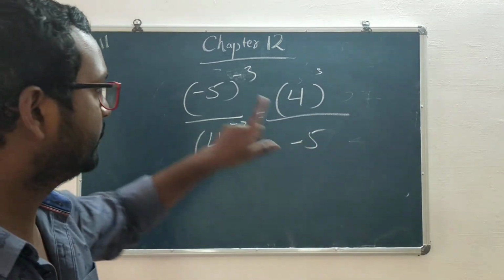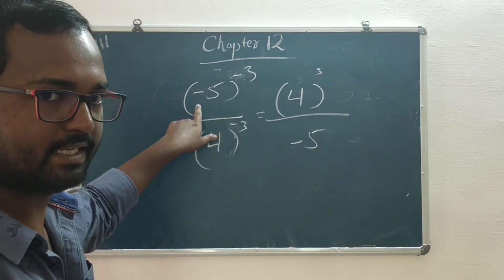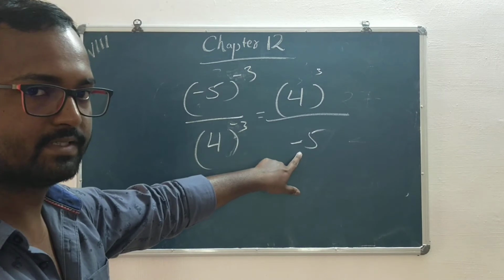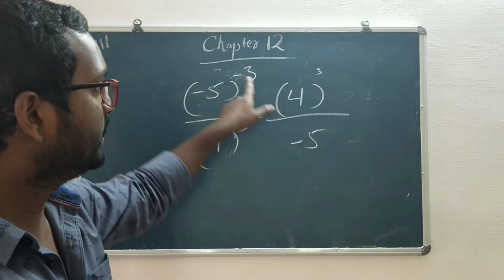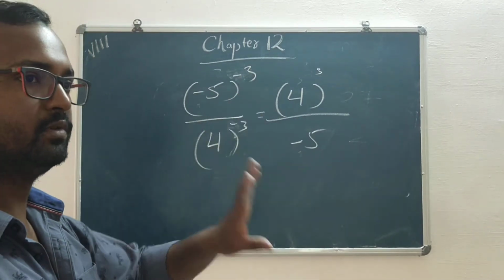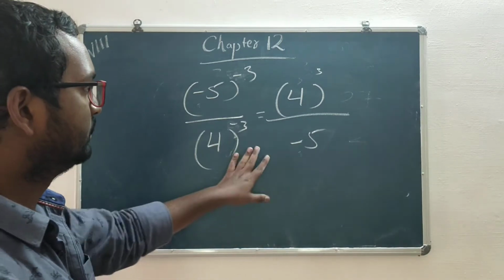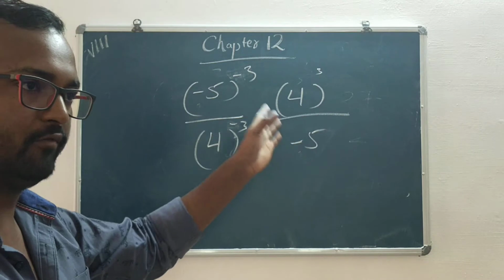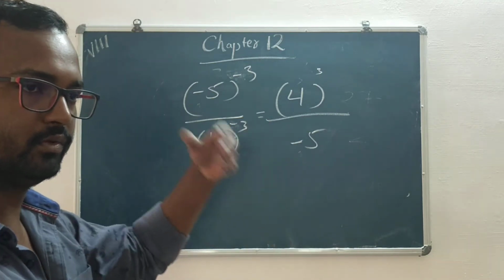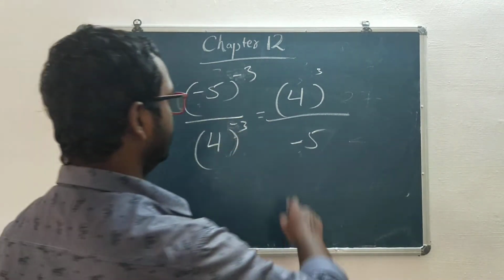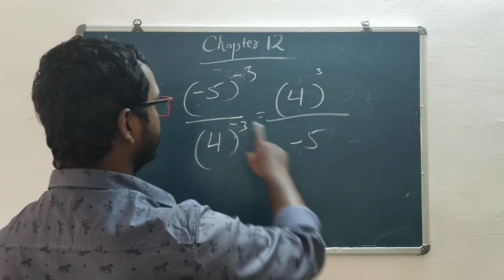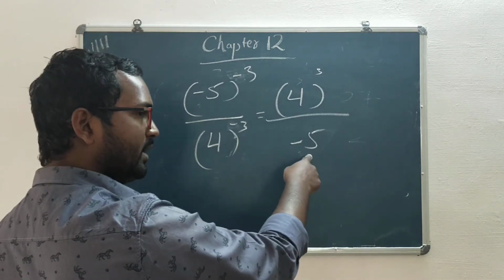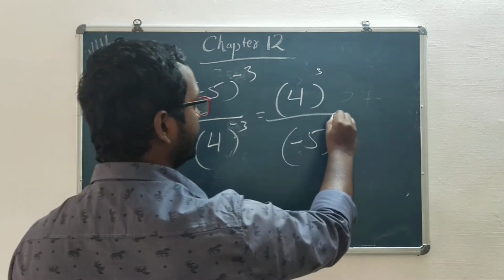But when that happens, if that number has a sign which is negative, you have to maintain that sign itself, negative. Only the power sign will change. Always remember, only the power sign will change, whereas whatever sign that number has, you have to bring it to the numerator or denominator. Okay, so this will become 4 power 3. This minus 5 is going to be minus 5 here also, but with